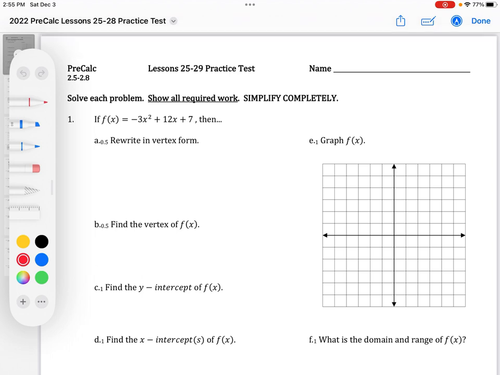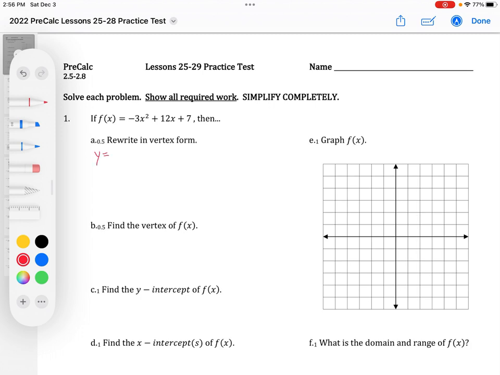So I'm going to do y equals, and I'm going to take out the -3, that's the a value. So if I factor out that -3, and then I'm going to leave something, and we're going to push that +7 to the end. And now I actually also have to add that same something to the other side of